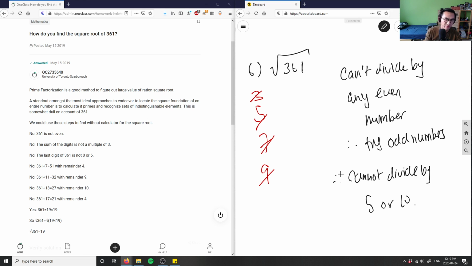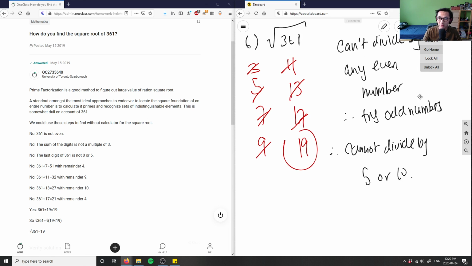361 divided by 11 does not give me a whole value either. I still get a remainder. Let me try 13. 361 divided by 13, also a remainder. 15 wouldn't work because I can't divide by 5 or any multiple of that. 16 doesn't work, so I have to try 17 here. 17 doesn't work. 18 doesn't work because it's even. And I have 19 here. Let me try 19. And 19 does work. If I divide 361 by 19, I get 19, which means the square root of 361 would be